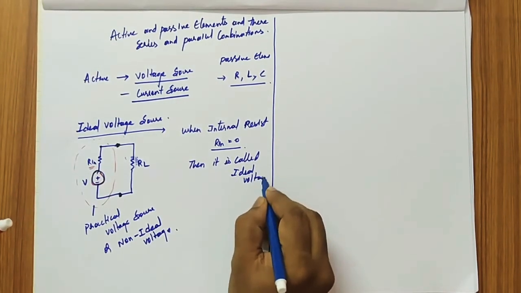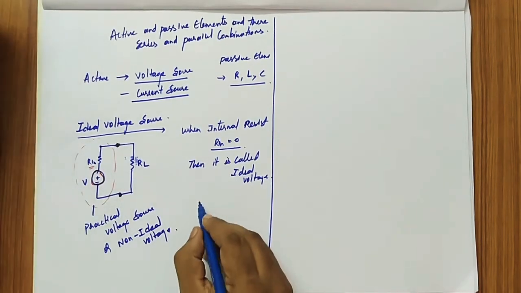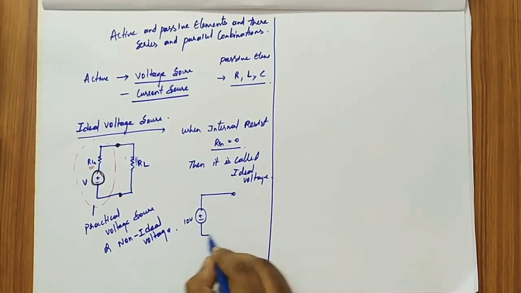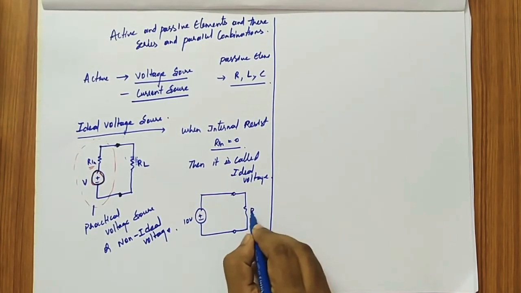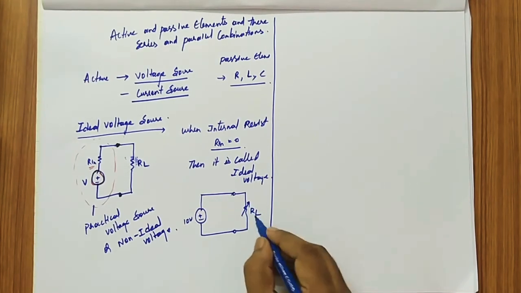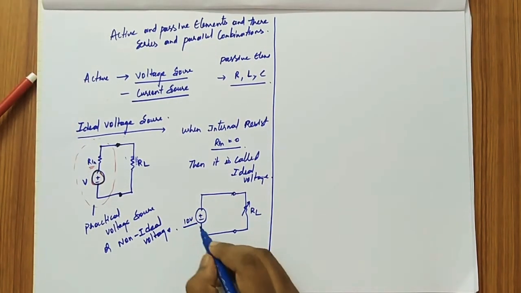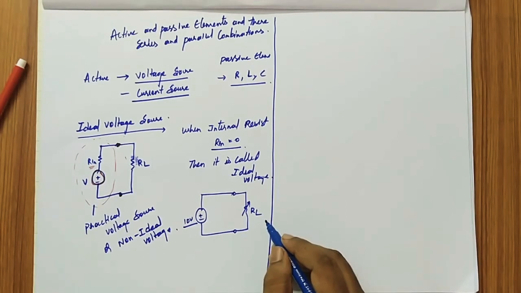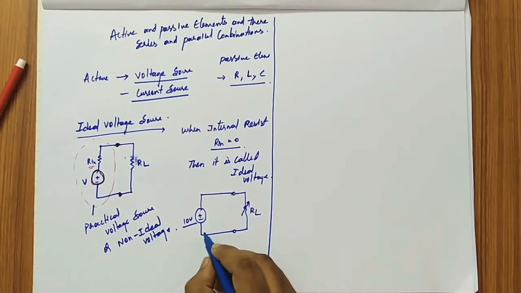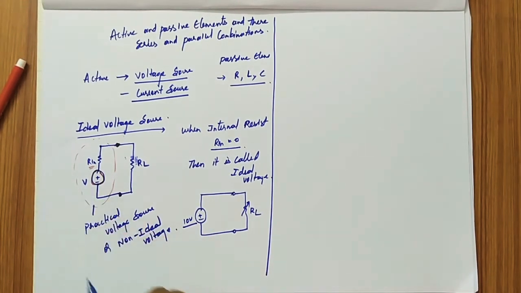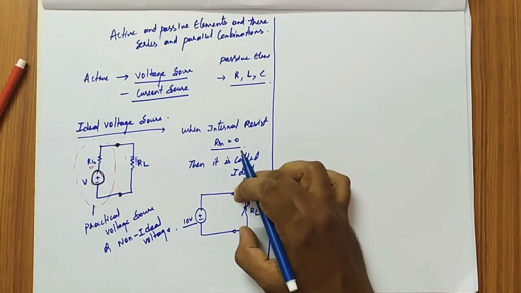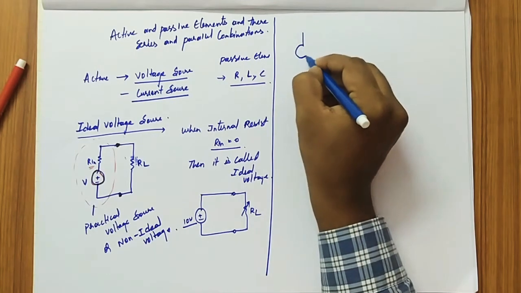Okay, so if we give 10 volts, the complete 10 volts will be accumulated across the load. That is the concept here, whether the load is varying or not. Whatever the 10 volts you are giving, it completely gives the 10 volts to RL. The main thing to understand is the difference between an ideal voltage source and a non-ideal voltage source: in the ideal case the load terminals have the total 10 volts acting.